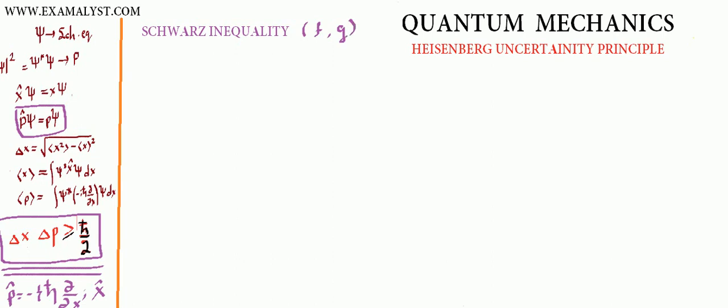The basic definition says that the mod of the integration of the conjugate of f into g dx. This is an integral between the conjugate of f and g, and remember f and g are functions of x. This is a particular integration, that is just a number, and it is always less than or equal to,